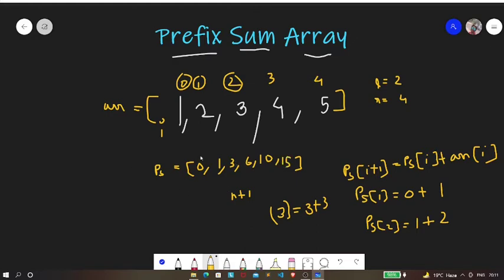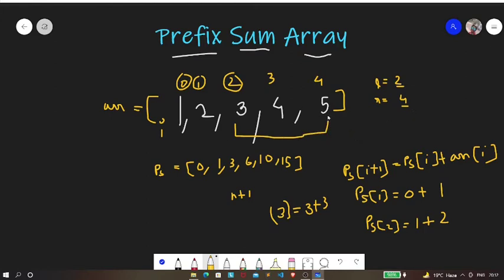So we have actually formed a prefix sum array. Now let's see how, using this prefix sum array, we can reduce the time complexity. Let's say that our low is pointing to index 2 and our high is pointing to index 4. That is, the lower bound is at index 2 and the higher bound is at index 4, which means we need to add the elements from index 2 to index 4.